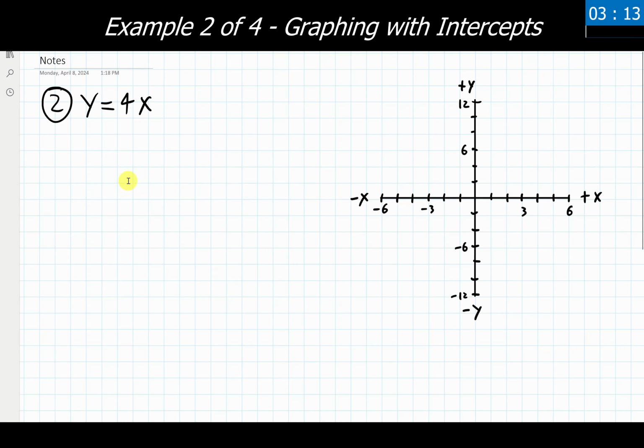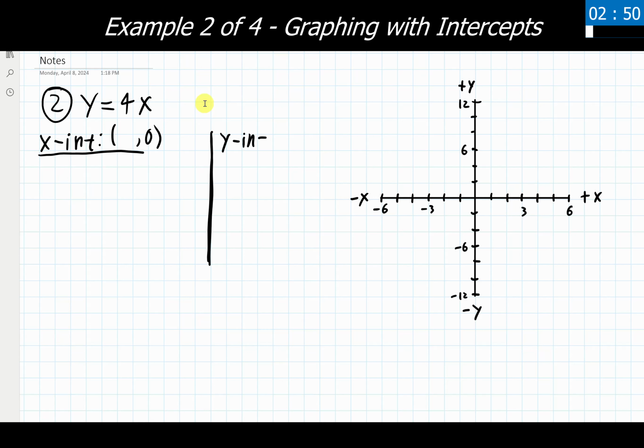Our second example is giving us the equation y equals 4x. So let's go ahead and set up our x and y intercepts like we did previously. I recommend you make this a habit as you're starting off with a lot of these problems. It seems to make it a little bit easier as to what we are and aren't solving for, and also helps commit to memory which one has 0 for x, 0 for y.